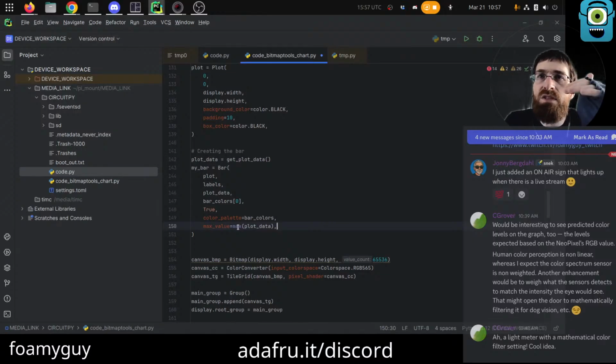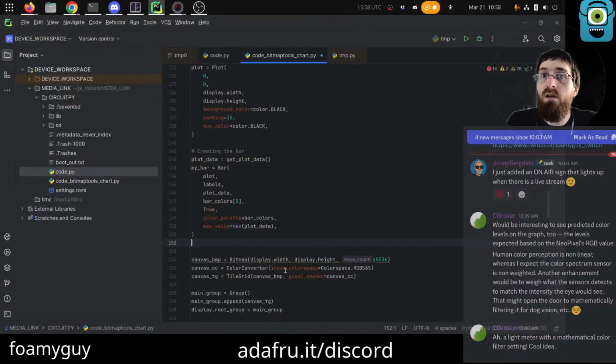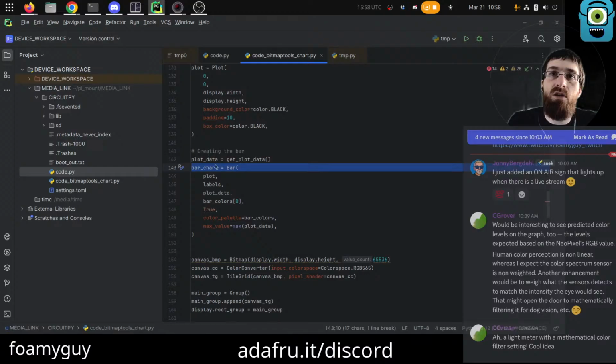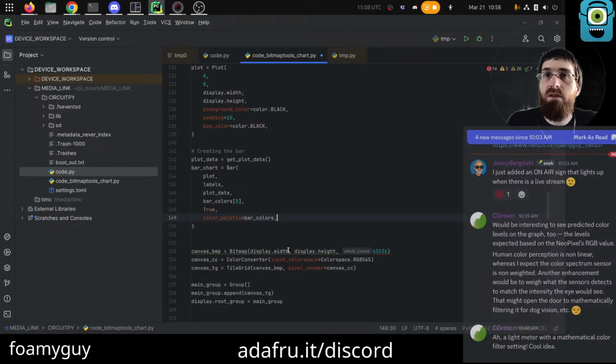Okay, so this would set the initial data, all good, and then when we want to change it, all we do is my bar, we call update values. I'm actually going to change this to bar chart. We could then call update values and just give it a new one of these. Oh, maybe we need to change max value too. Let's take this back out for now, because we might need to change max value since the data would change as well. So